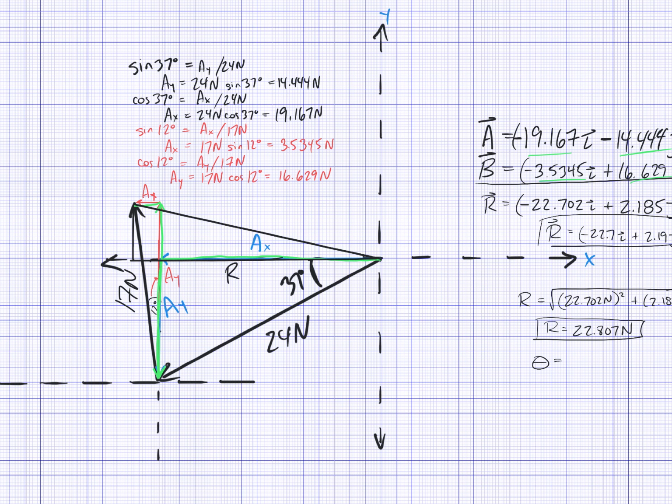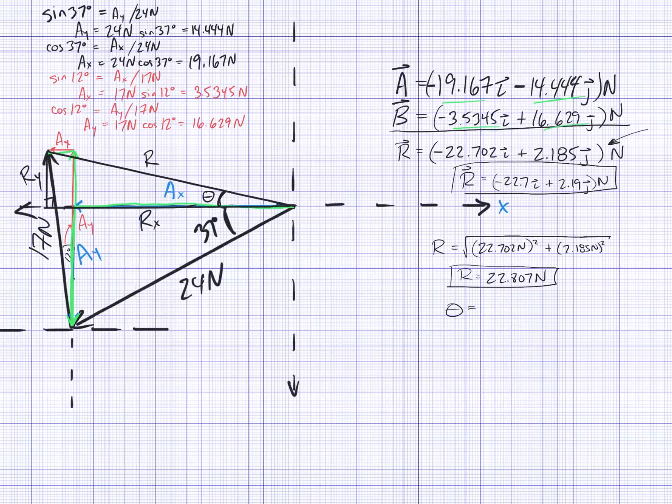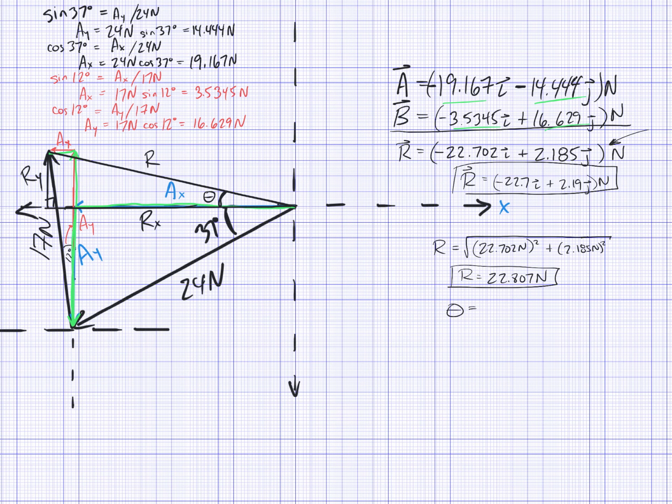This is Rx, this is R, and this is Ry. We just found R using the Pythagorean theorem, but now I want to get this angle theta. We get that by taking note of the fact that the tangent of that angle is the